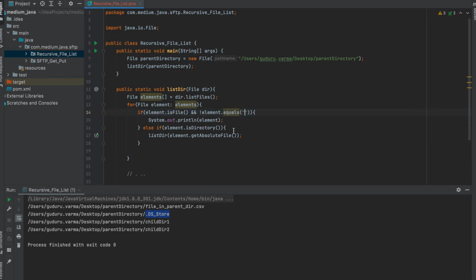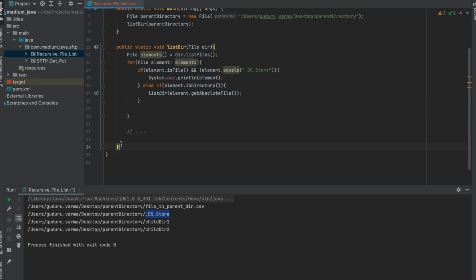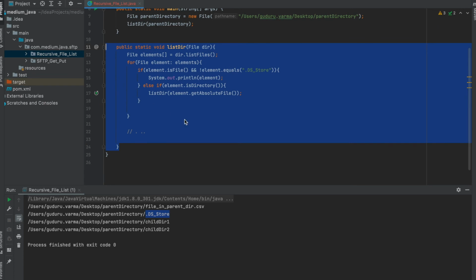equals DS_Store. So if the element is not equal to DS_Store, and if the element is a file, go ahead and print that file. Else, if the element is a directory, you iterate through this function once again.